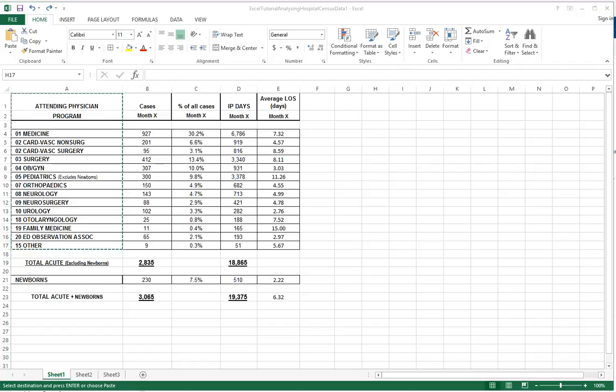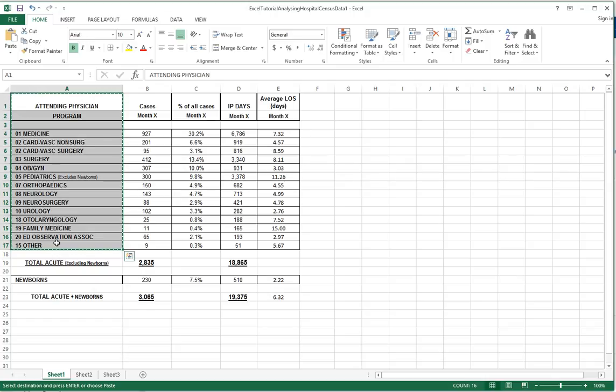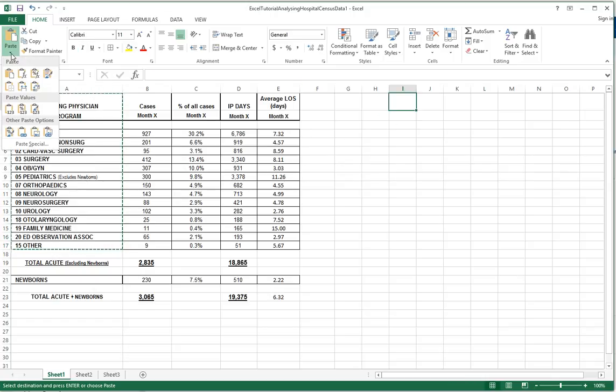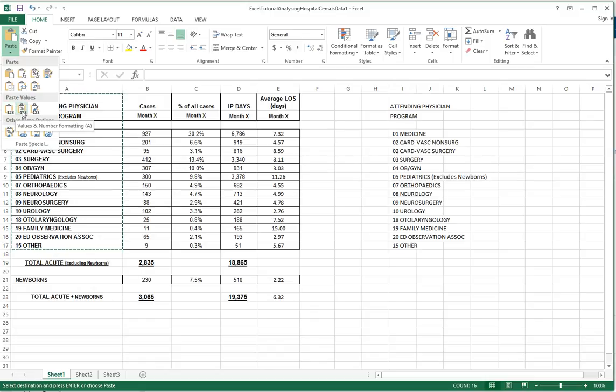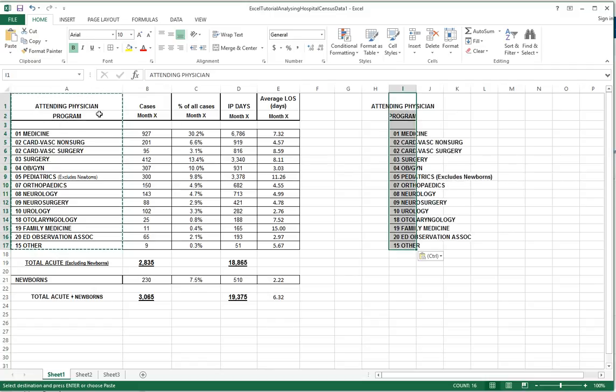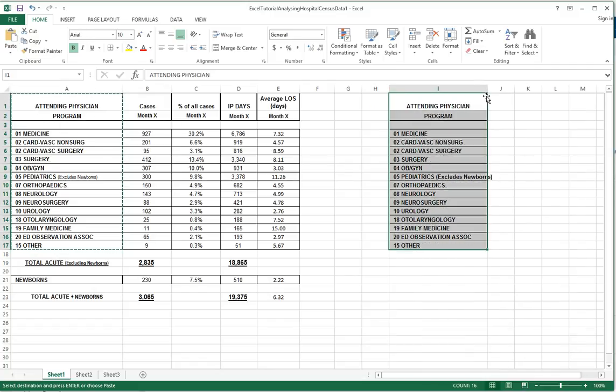In this video, I will demonstrate how to look up values in Excel. So let's say I want to create a different column where I'm just having the different programs. Let me Control C, and then I will paste it here as values, and I can keep the original formatting. So I will make this a little bit bigger so we can see what's going on,